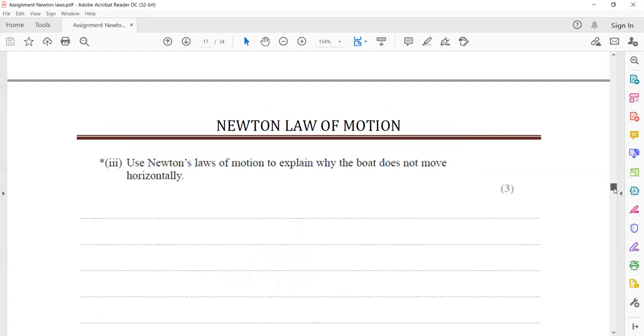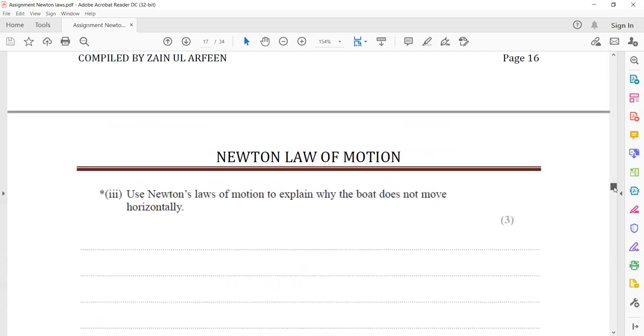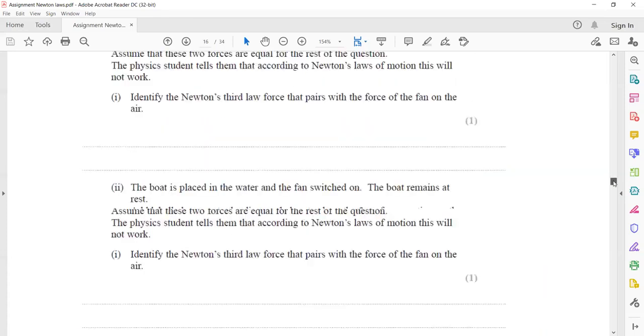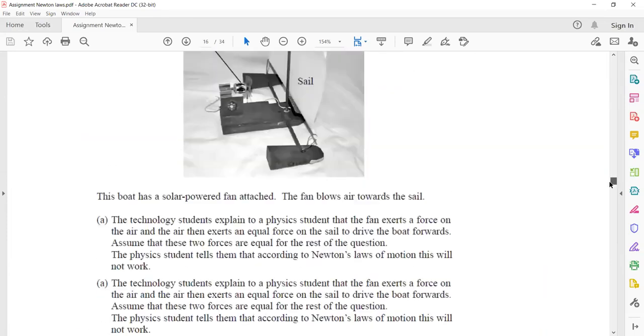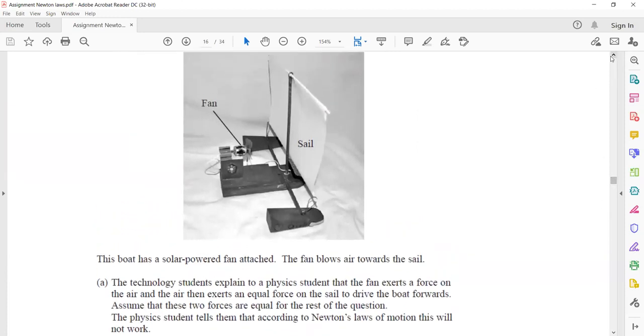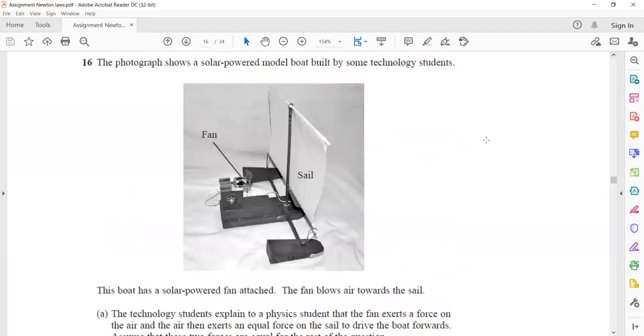Use Newton's laws of motion to explain why the boat does not move horizontally. So why does this boat not move horizontally? It should move according to the technology student, but according to the physics student, he suggests it will not move. So using Newton's law, we have to explain why it does not move. Basically what happened,